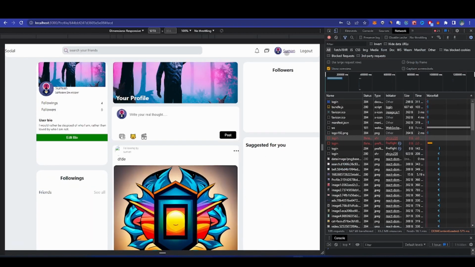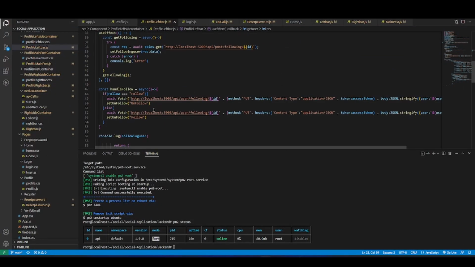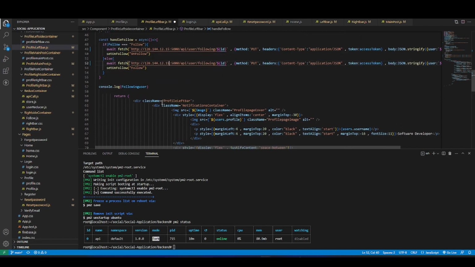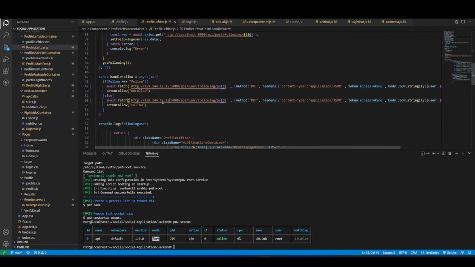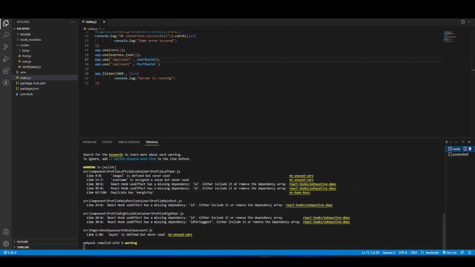Let's go in our profile, and now it worked. Okay, so still we have some of the problem. So instead of this localhost, I'm gonna paste this. Okay, so now what I'm going to do is let's go back into our